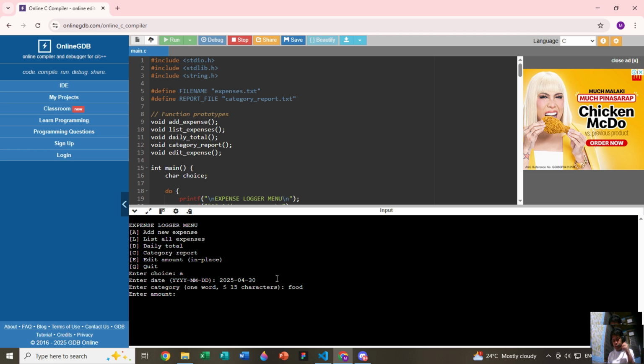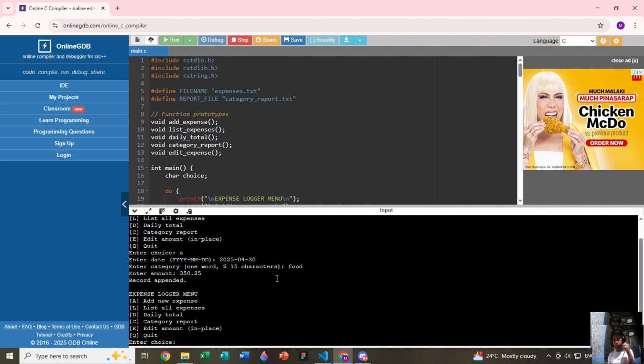Then the amount will be about 350.25, and file that, then record appended. So it's been saved to the text file, basically here in expenses.txt.